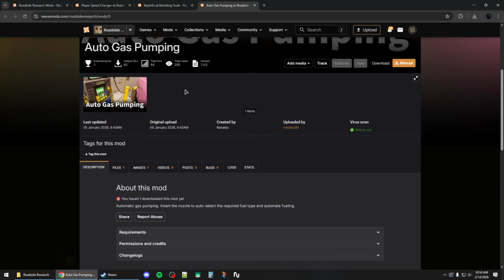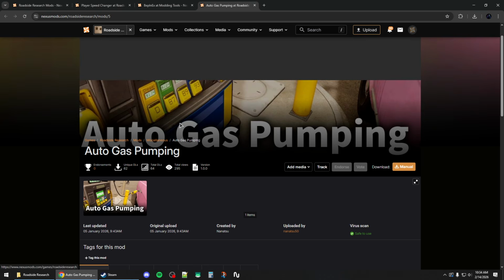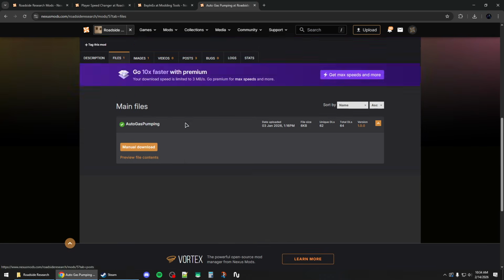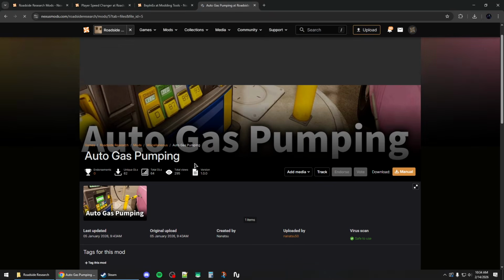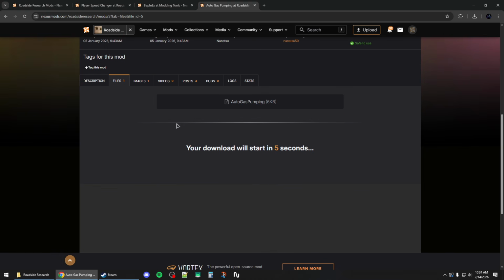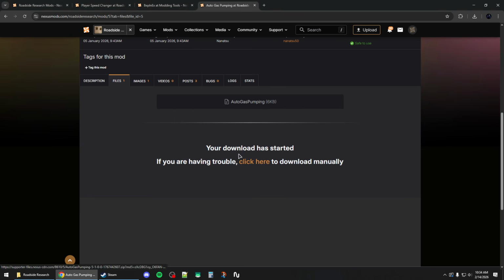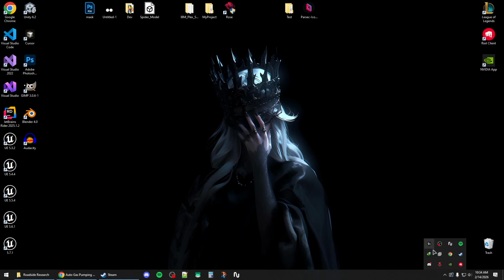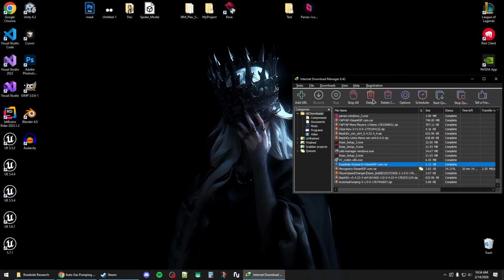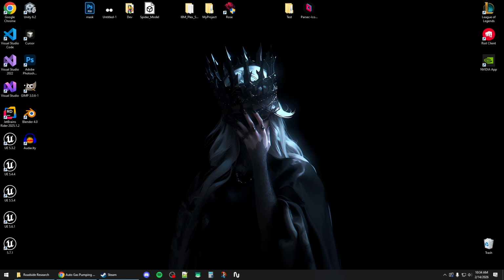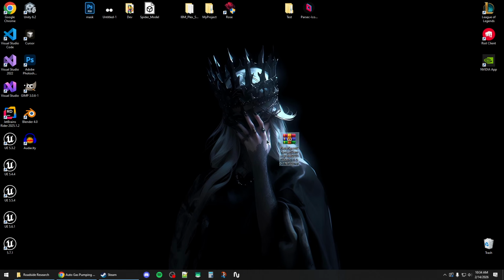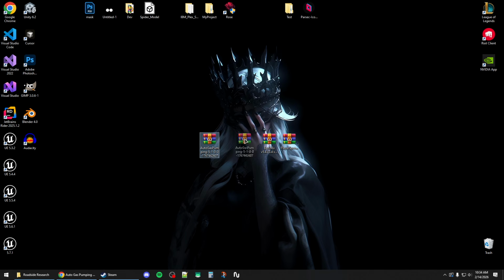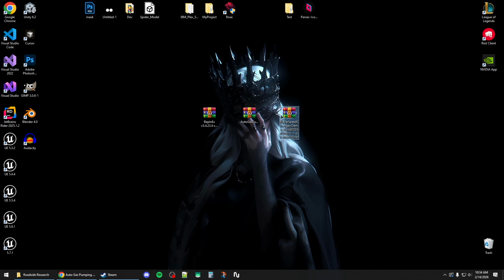And then let's download the last mod, which is the auto gas pumping, which is the same process. Go to files and then slow download. And now once you've downloaded all the mods you need, you want to extract them. So I'm going to grab all the files that I've downloaded, and the first thing you'll need to do is